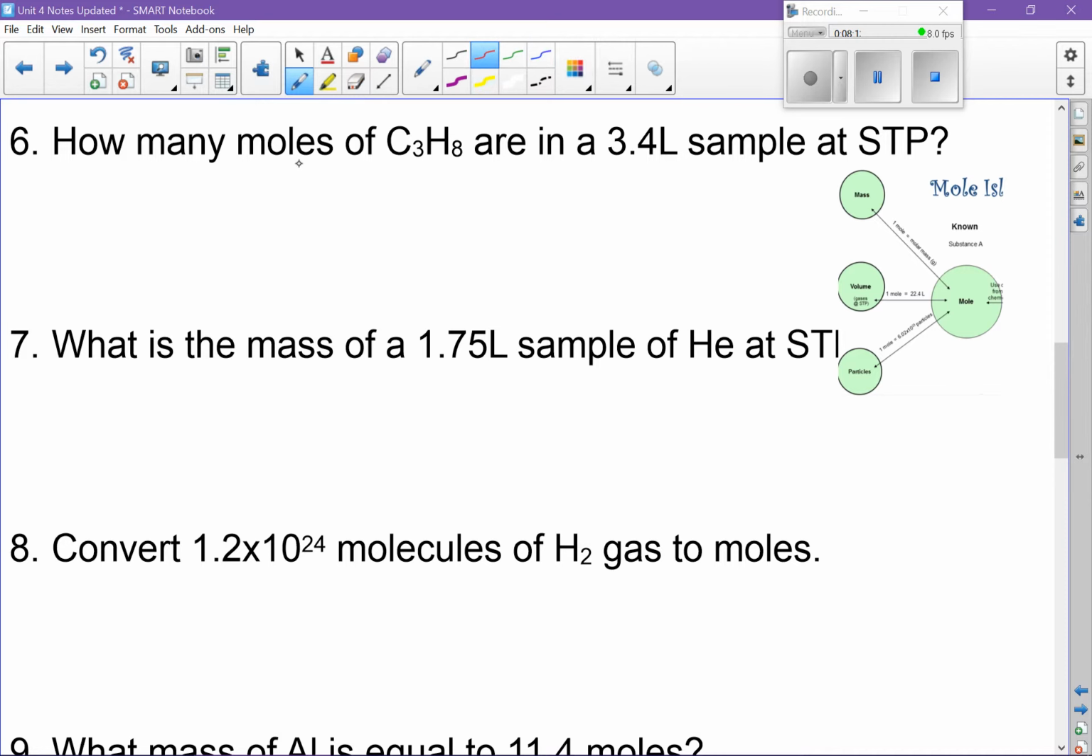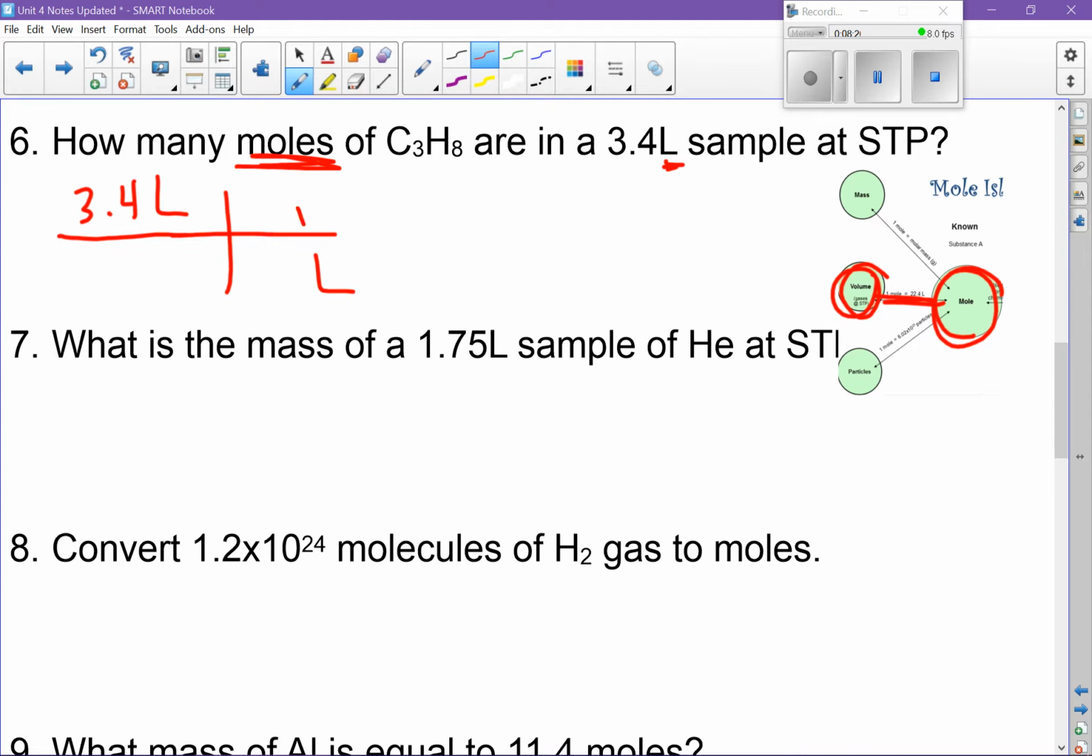Alright, in this question I see moles and I see liters. So here's mole, here's liters. That takes 1 fence. So 3.4 liters. Liters goes down. I'm looking for moles. Now we just have to put the numbers in. Always 1 with the mole. Liters is 22.4. When you put that in your calculator, you should get